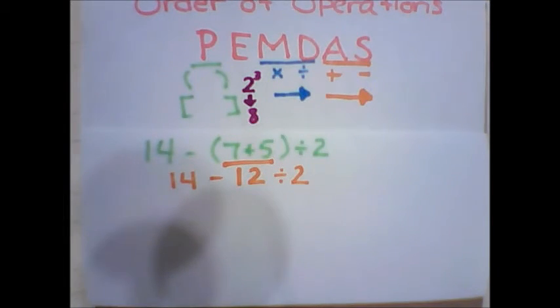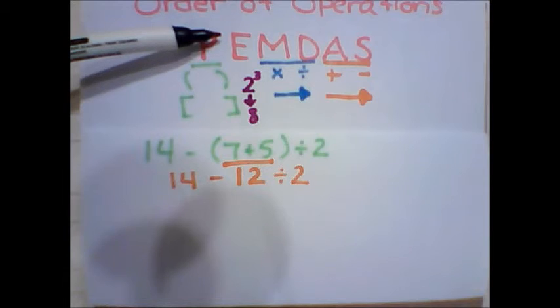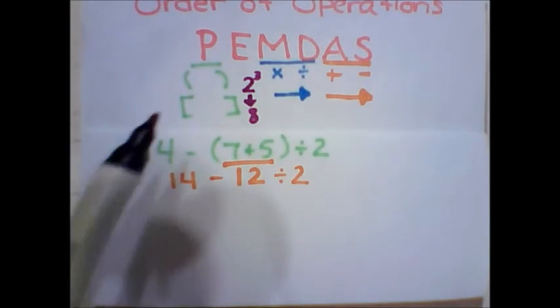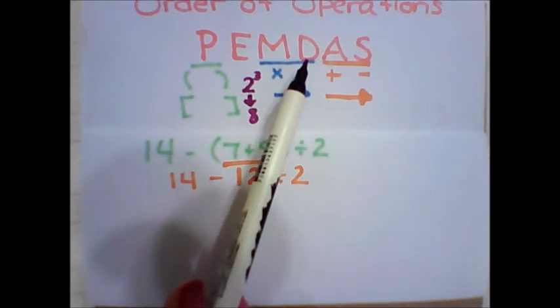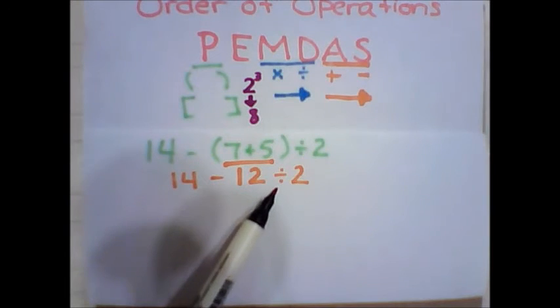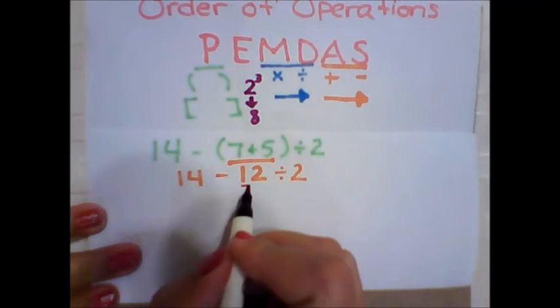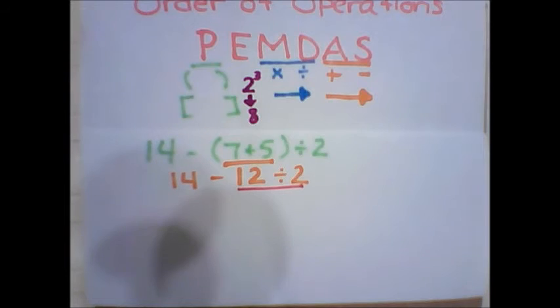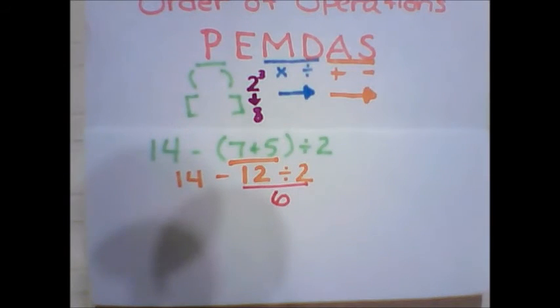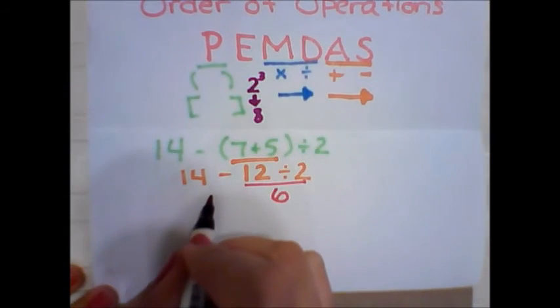Now let's look down here. Parentheses, nope. Exponents, of course not. Now let's look at multiplication and division. Do we have either multiplication or division? I see division right here. That's what we're going to take care of. This here says 12 divided by 2. 12 divided by 2, we know simplifies to 6. Let's bring down our 14 minus